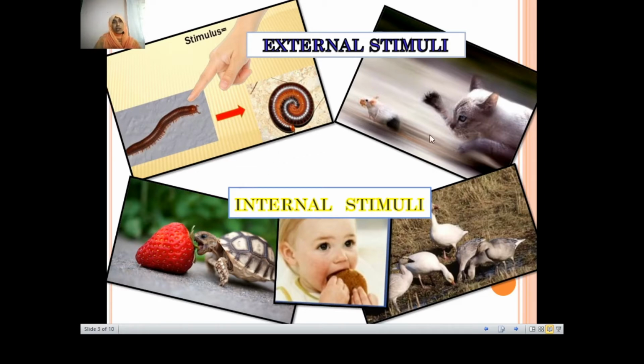Here there are two examples given. In this one, the external stimulus is the finger which touches the organism, and the receptors present in it detect it. And then what is the response? It rolls down. Now, what do we understand by internal stimuli? For example, if you are hungry, you feel the hunger. That message is conveyed to the brain, the brain decides what has to be done and passes the message to the motor neuron. This is the internal stimulus: the stimulus is hunger and the response is eating.